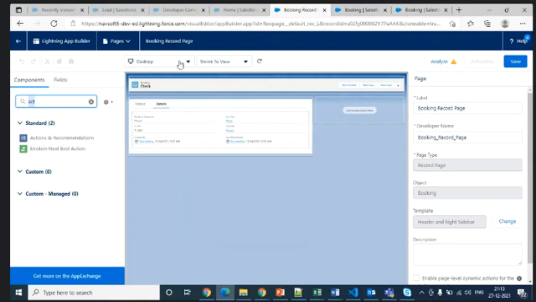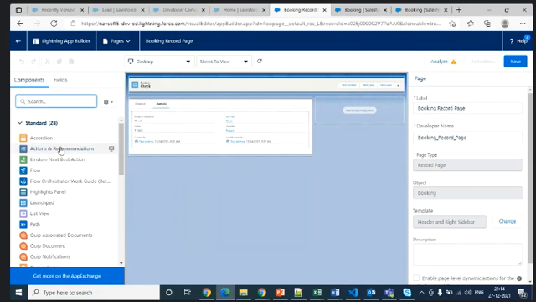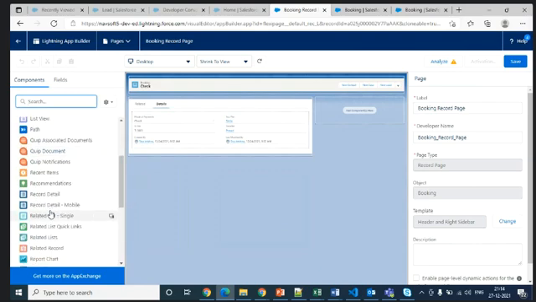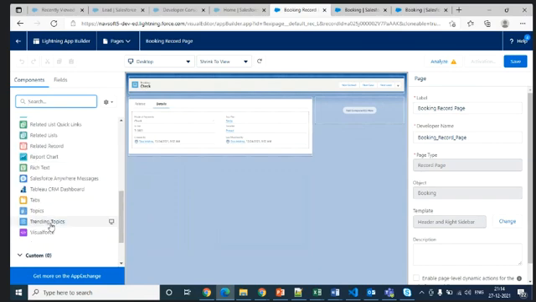See here, this is the record page. In this record page, if I want to add any related components, I can add them. I just want to keep a few things, just a second.